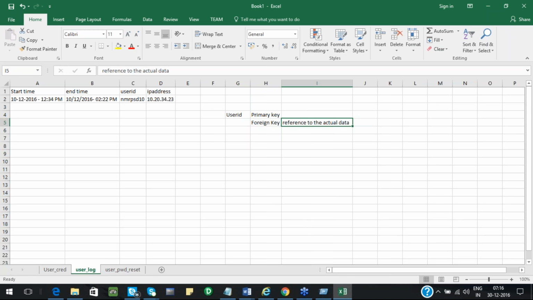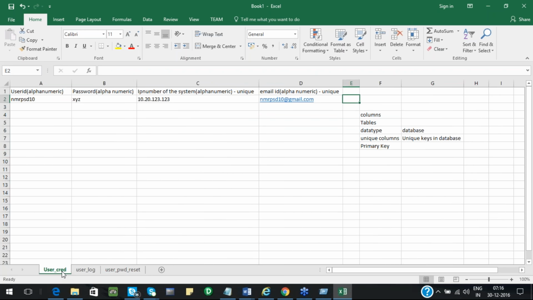To summarize, a foreign key acts as a reference key to the primary key, and its value should be present in the primary key column. You cannot give any value in the foreign key which is not present in the primary key.